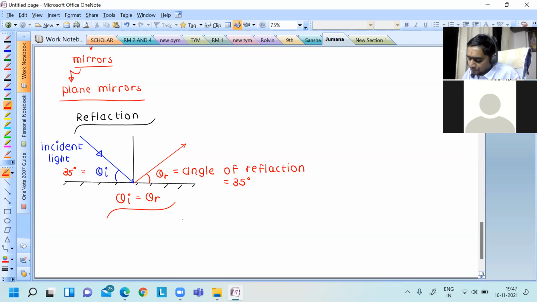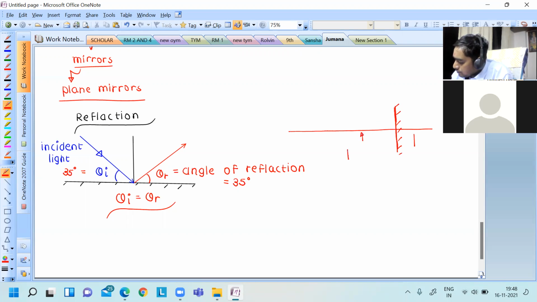Okay, great. So this is the simple law of reflection. Then in mirrors, how will the image form, especially in plane mirrors? So if I consider this is my plane mirror and this is our principal axis, and if any object is somewhere here,